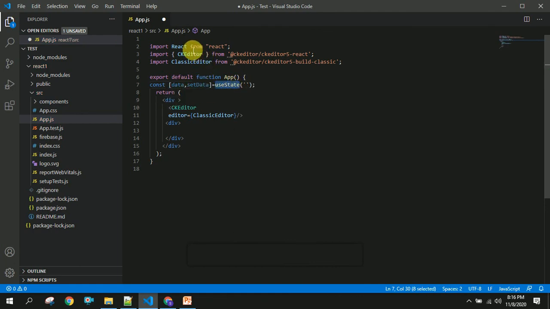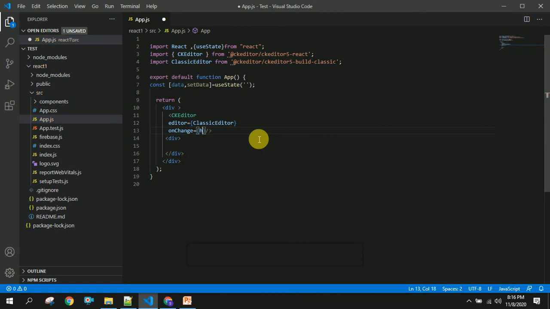In order to use state, we all know that we have to import useState here. Once this is done, I am going to create a method. Whenever the user changes anything in the CK editor, that particular method will get fired.